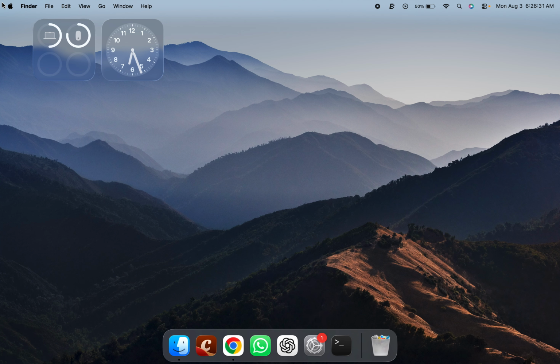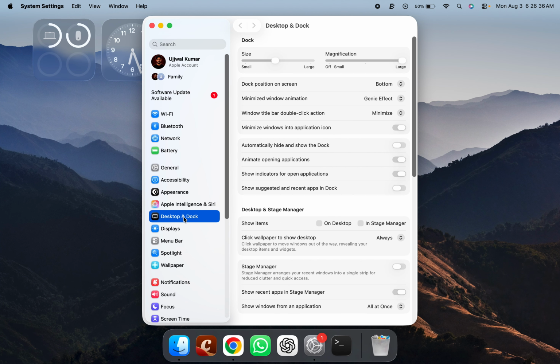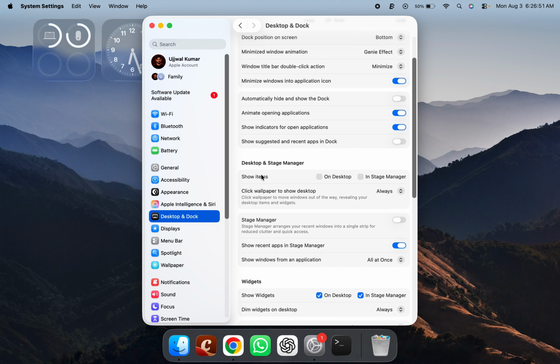So to start with, first click on the Apple logo and choose System Settings. Now in the left side pane, go to Desktop and Dock. And now in the Desktop and Stage Manager section, under Show Items, you'll see two checkboxes, On Desktop and In Stage Manager. If your desktop icons are missing during normal Mac use, make sure On Desktop is checked,